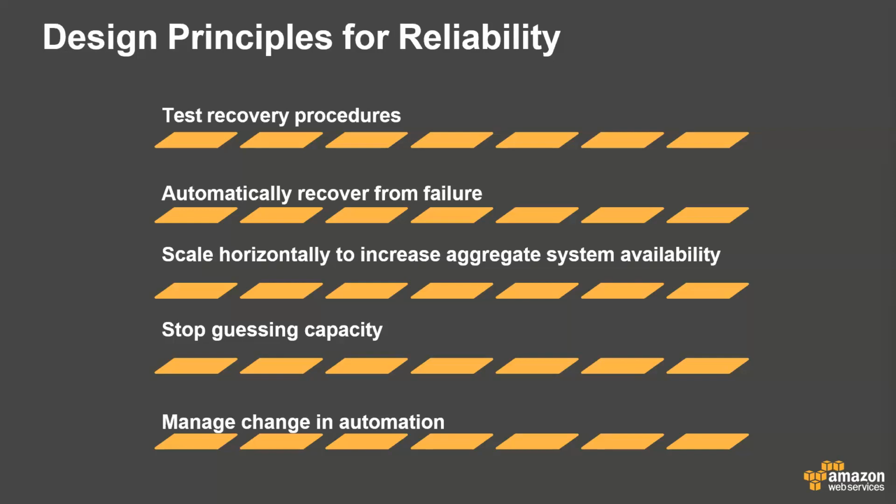So you're not going to wait for a disaster to happen before you fail over to the other region. You need to, once in a while, perform testing so that you can see if the other region will be capable of serving your application and continuing with the necessary work it was intended to, if something bad or maybe a disaster happened to your primary region. So you definitely need to have these testing recovery procedures so that you'll be ready in case of a disaster. Then we have automatically recover from failure.